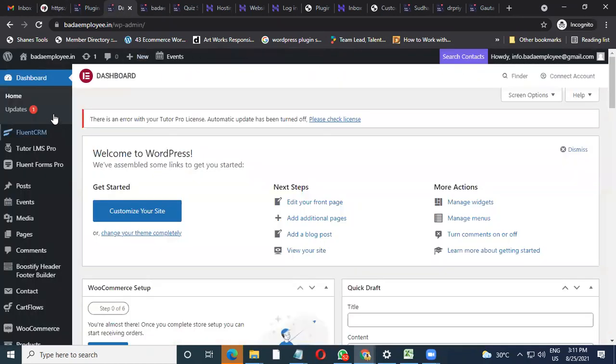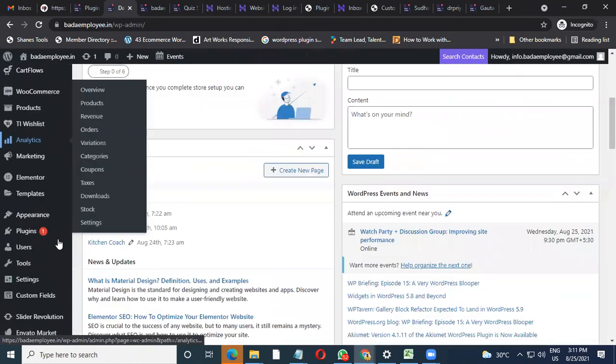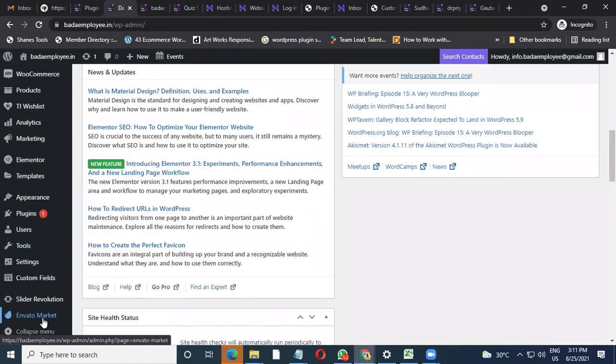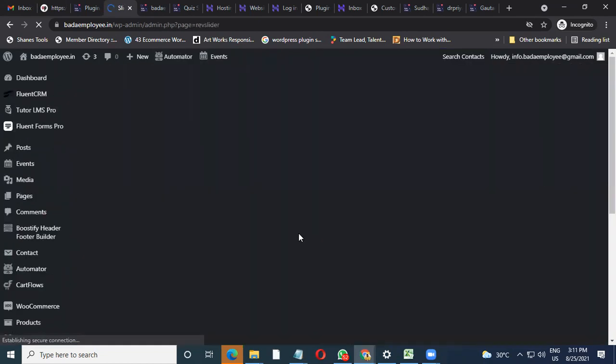So this is where the admin backend is. And on the left hand side, you will see a lot of options and a lot of tools which are mixed, matched and merged in this particular platform. Okay, so you would be able to see something called Slider Revolution. Just click on it, and once you get into Slider Revolution, you would be able to see different slider templates which have been used in different pages.